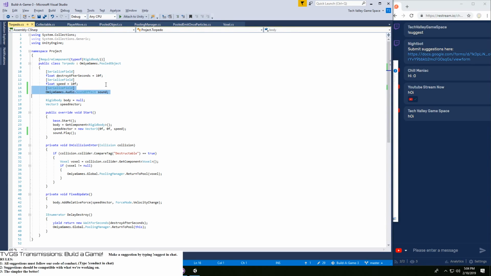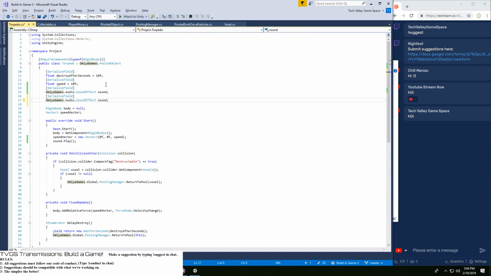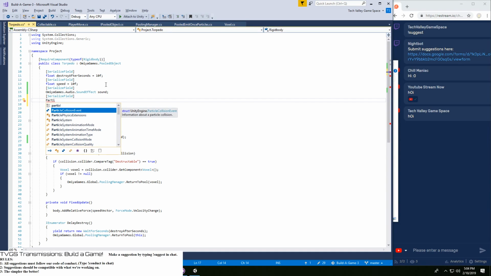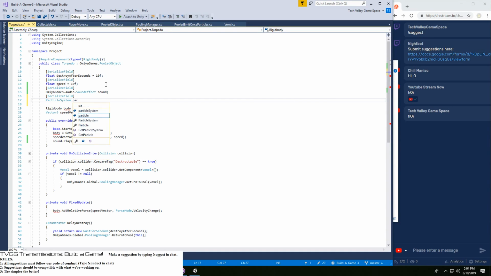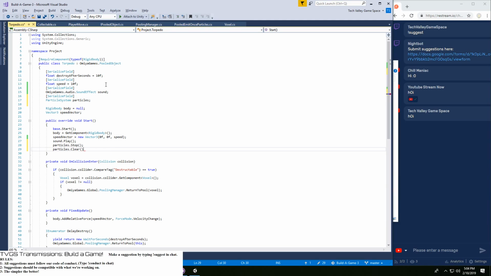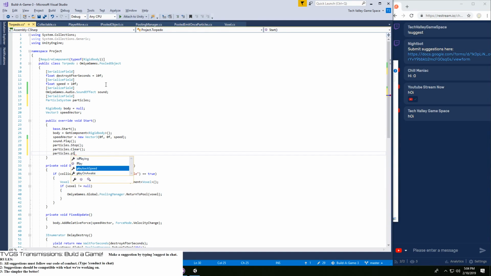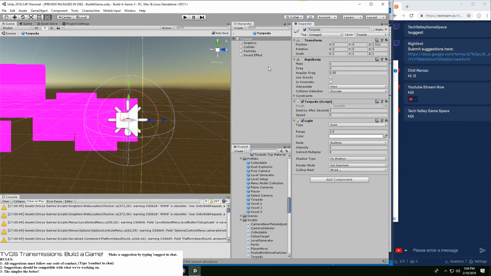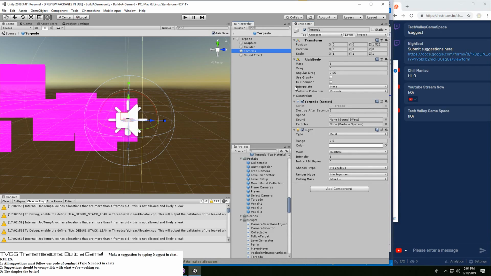We're also going to make it so that the particle system particles stops and clears the particles first. Stop, clear, then finally play the particle system. So in theory, that should prompt us to drop those two things. Yep, it did. And let's throw that in there.